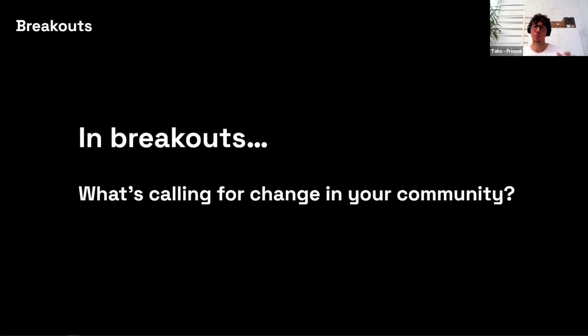I also want to highlight that there's both hubs and participants in these breakout rooms. So if you want to play into the differentiation of those roles, that might make things a little bit interesting, because going forwards, that dialogue between hub and participants is absolutely crucial. I can't say how important the role of the hubs is. It's like an acupuncture point in the local region. They're there holding this whole process for you as well, guiding you, being a container for you. So yeah, let's get into it. What's calling for change in your community?